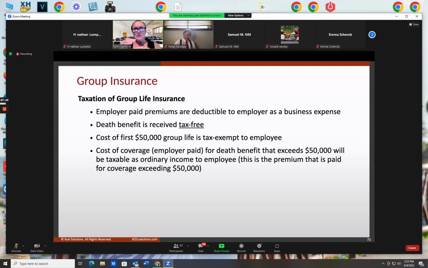But for any amount of insurance offered to you through your employer that's greater than $50,000 worth of coverage, the amount of premium the employer is paying for that amount of insurance on your life becomes a taxable benefit to you. You're going to pay tax on it at ordinary income tax rates, and it's going to show up in box 12A, B, or C on your W-2 form at the end of the year. Your tax preparer is going to have to extract those dollars and add them to your income for the year. Anything above $50,000 offered to you by your employer, and any portion of that premium paid on that amount of insurance in excess of $50,000, becomes a taxable benefit to you, the employee.